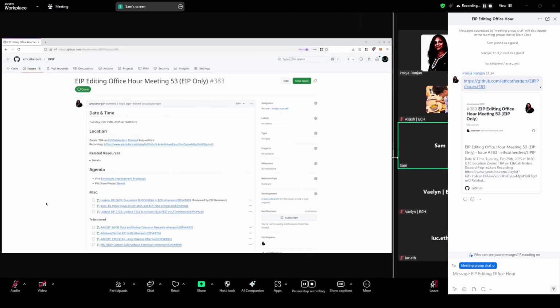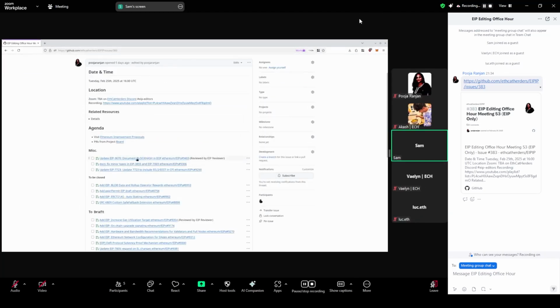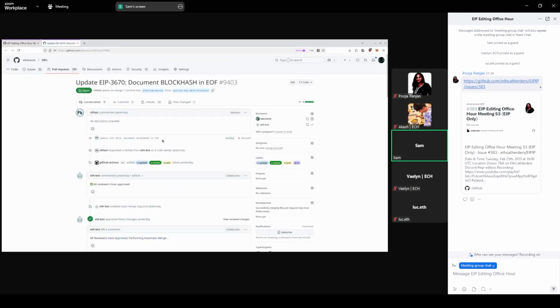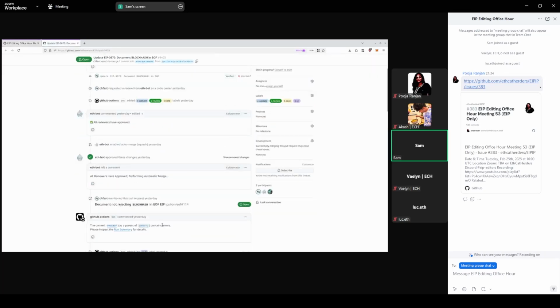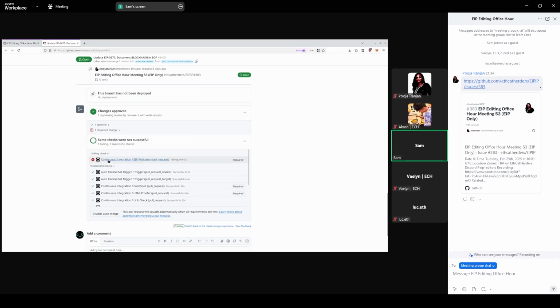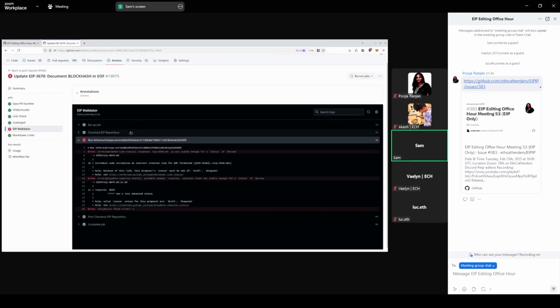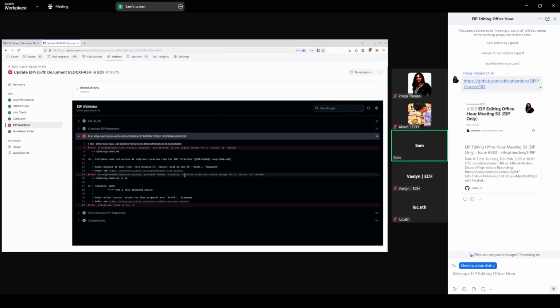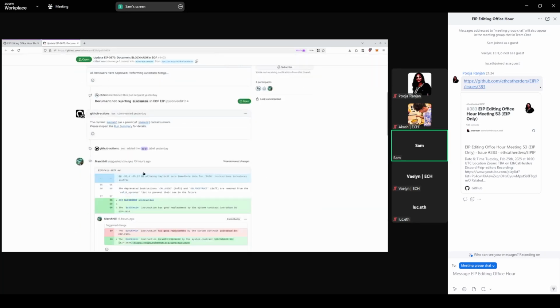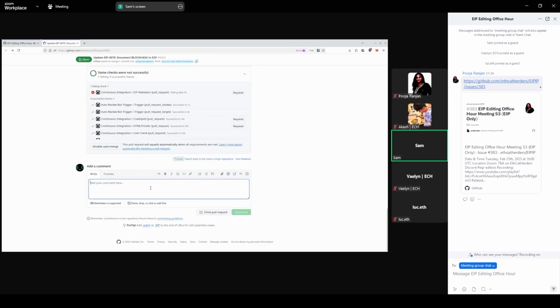Sure. Happy to be here. So let's take a look at these. We're looking at document block hash and EOF. So why is this not merging? It is missing. Yeah, okay. So it's an easy one. Just say